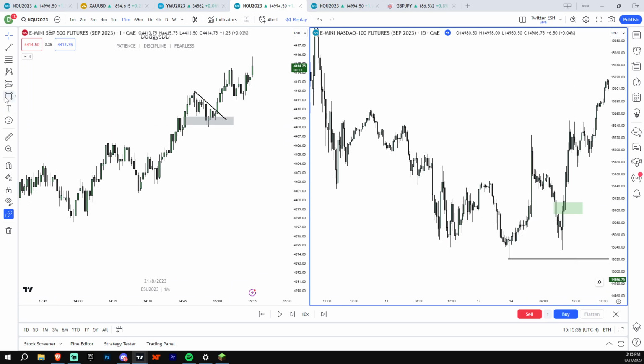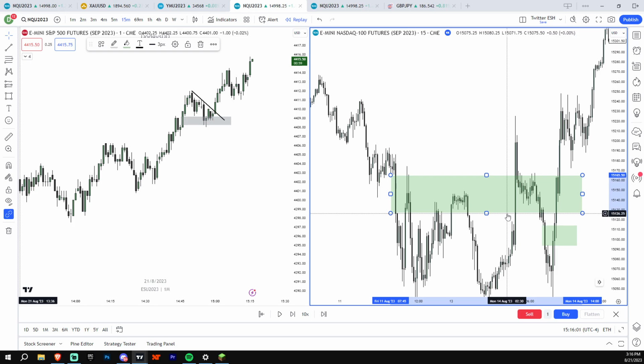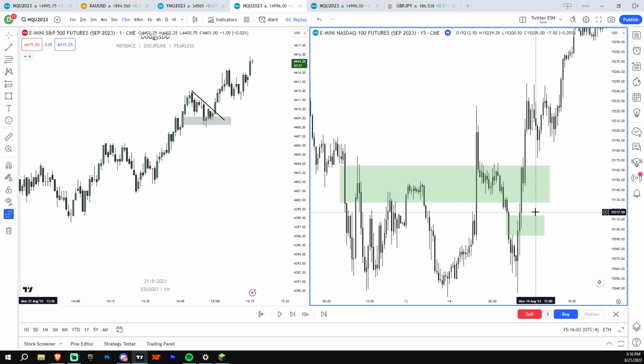Oh, and this one, I just want to go over this one real quick. This one respected to the downside, respected to the downside, respected to the downside. Now we broke above it. I'm just going to draw it, mark it, and see if we get a lower time frame setup. I see it's now disrespected. Now I'm completely done with this fair value gap, because it was respected on this side, but now it's not being respected as inverse. So now it has no major influence. Now I'm looking for the newest fresh fair value gap to be made, because this one's too old and not being respected anymore. So that's generally what I do.